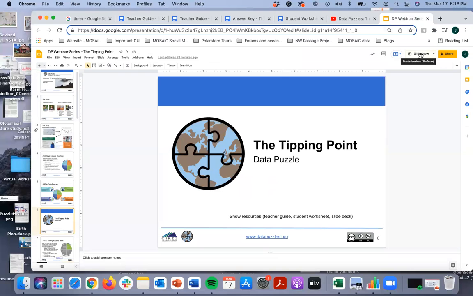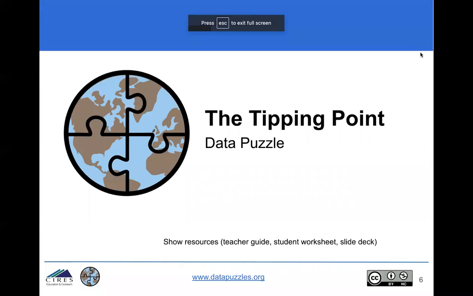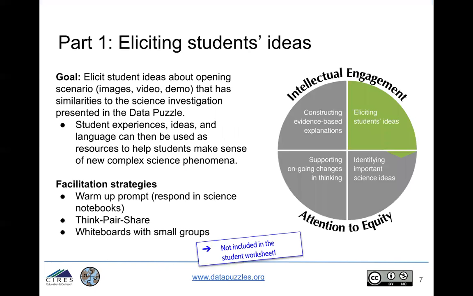So we're going to go through these different parts, in terms of the different ambitious science teaching practices and moves, together here a little bit. Some of the slides that you'll see are from the actual tipping point data puzzle resource, but I've removed some and added a few just for ease of presenting right now. So just know that many of the slides that you'll see from here on out are actual slides from the tipping point resource. So we're going to start with part one, the eliciting students' ideas practice, as you would do